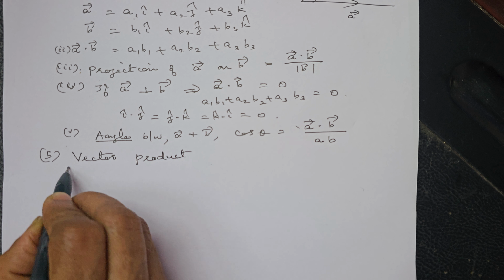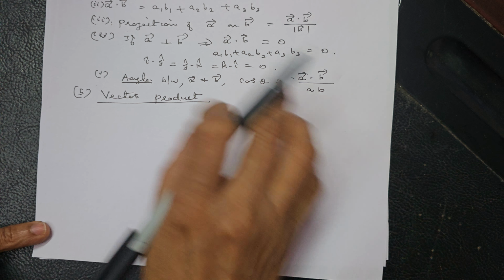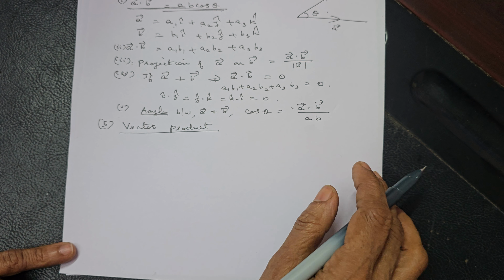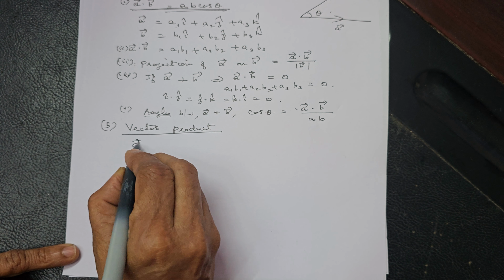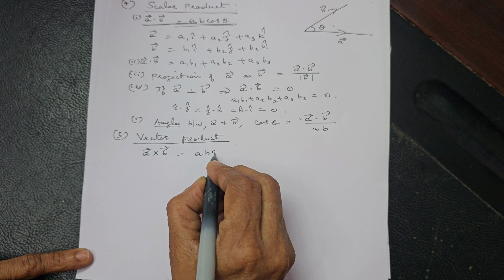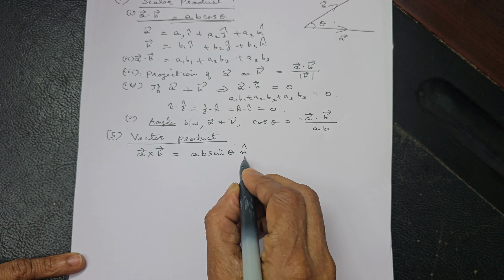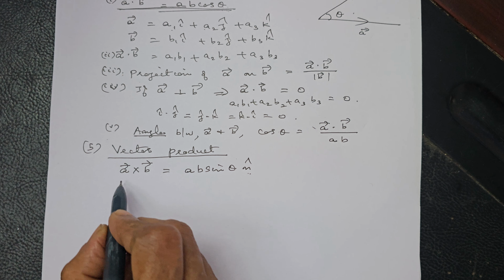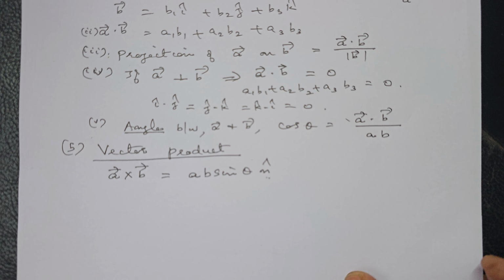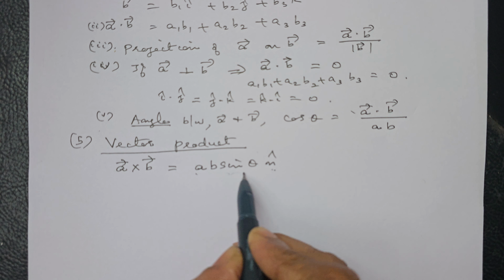What is the definition of vector product? If A and B are two vectors, then the scalar product A dot B is a scalar. The resultant is a scalar. For us in vector product, the cross product is a vector. The resultant is a vector. So it is AB sin theta, which are all scalars, into n cap, where n cap is a unit vector perpendicular to the plane containing both A and B, such that A, B and n form a right-handed system.